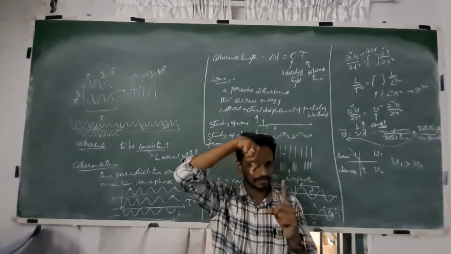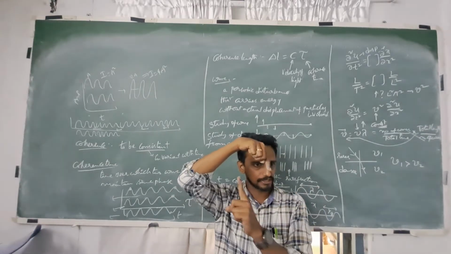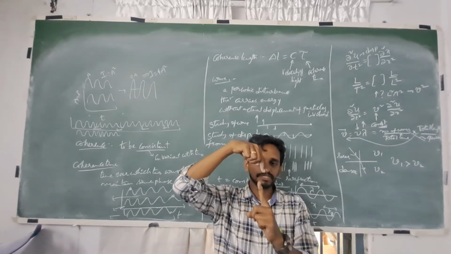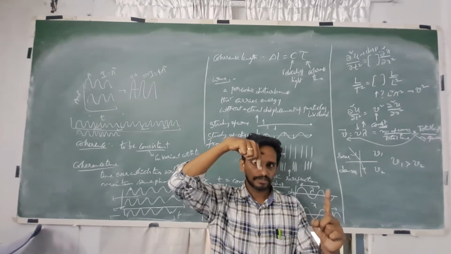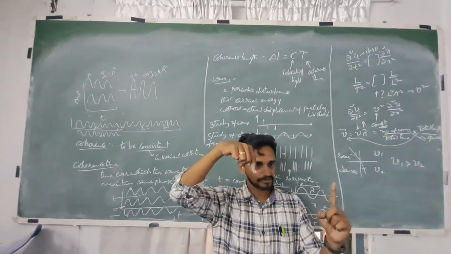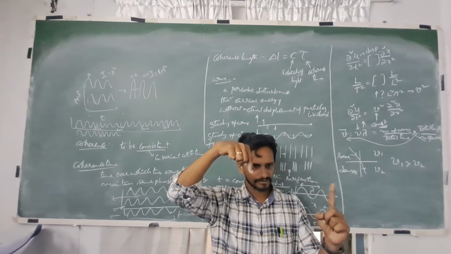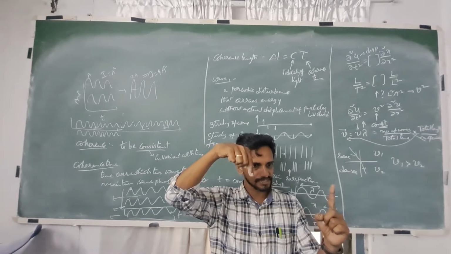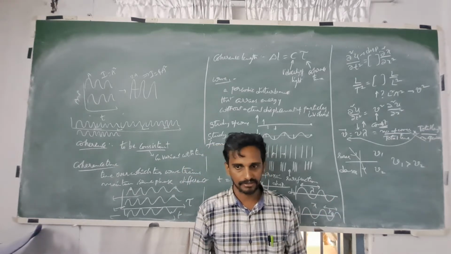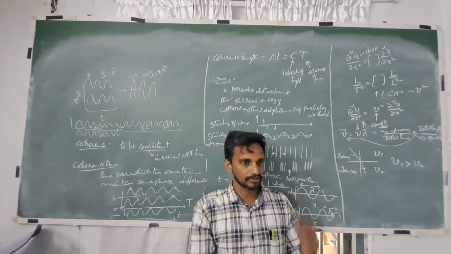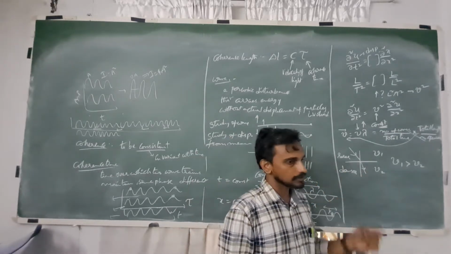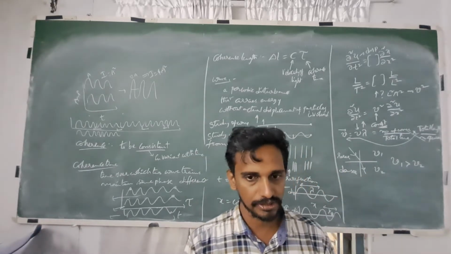So here the wave is oscillating 10 times per second. Here it is oscillating only 5 times. So by the time this reaches the other end, on the top portion the wave reaches one end and comes back. What happens? The wave gets disconnected. We won't see the wave from one end to the other end. So to keep the wave connected across the boundary, the frequency must remain constant.